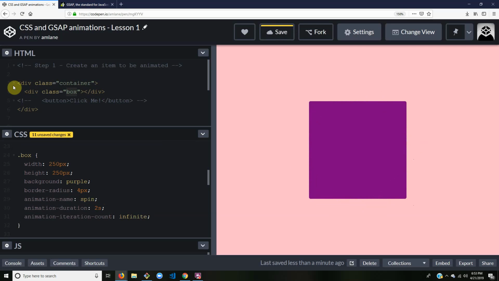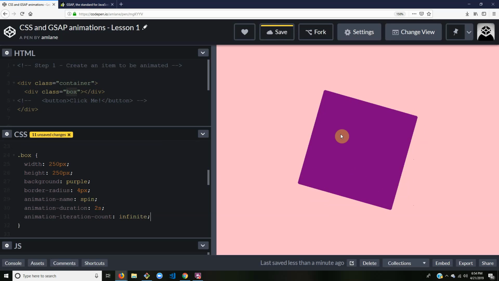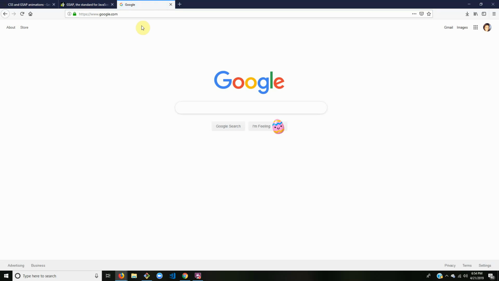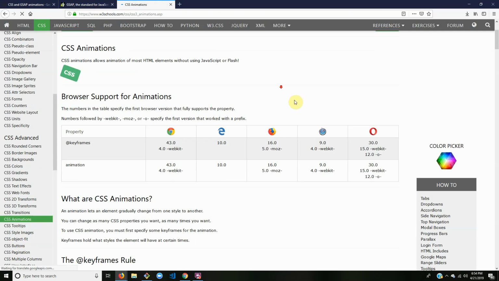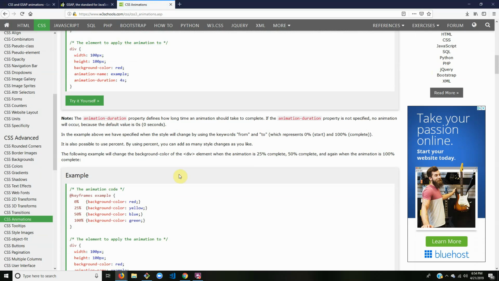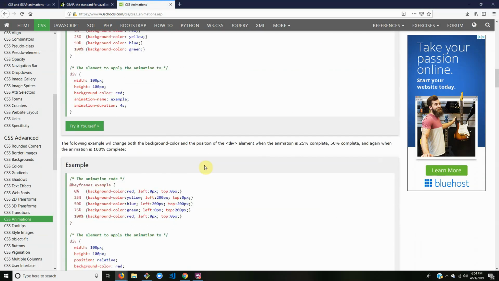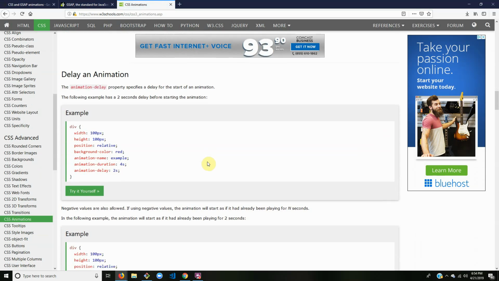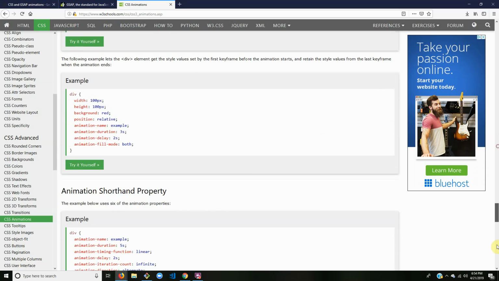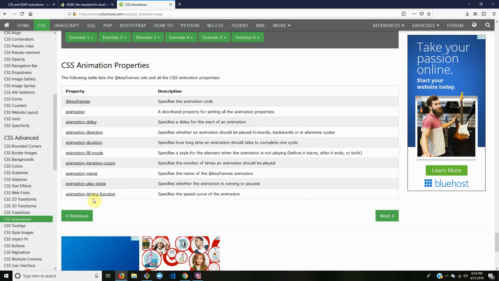All right, so now we're going to learn how to use documentation to solve problems, because obviously right away we notice that it keeps starting and stopping, and that's not the kind of behavior we really want. So let's go to Google, and we're going to use W3Schools CSS animation, because that's my favorite resource, and it's going to give you browser compatibility, information about using CSS animations, and the properties and values and examples. It's really helpful. So I like to scroll all the way to the bottom because it gives me all the properties right away, and then descriptions of each property. So I think what we're looking for